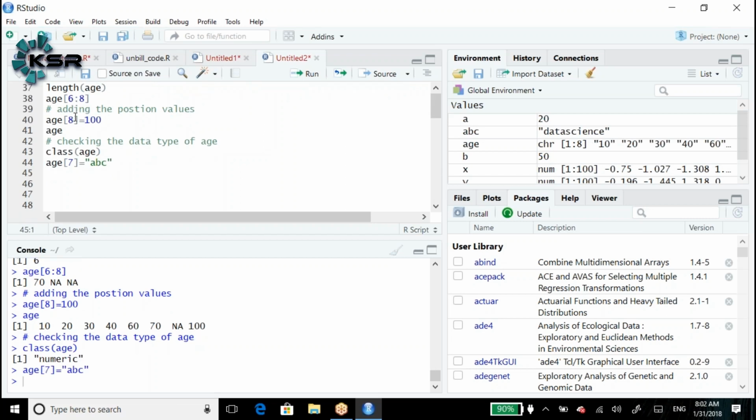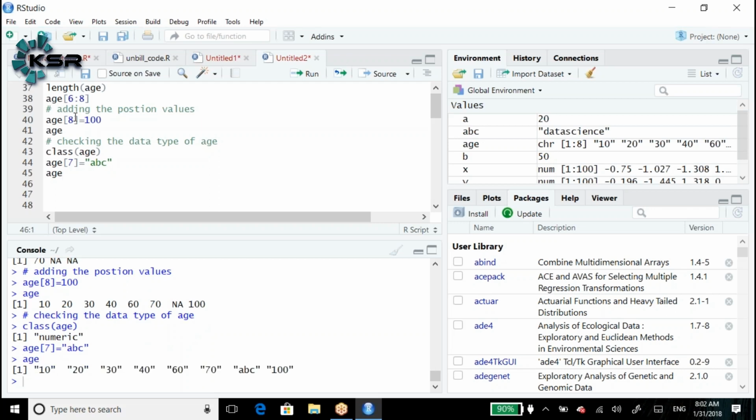Now let me print that age. 10, 20, 30, 40. When you look at the earlier age print in the console window, before adding the 7th position we printed the age 10, 20. After adding the 7th position, we print again. Can anyone see the difference? Yes, the difference is the double quote.